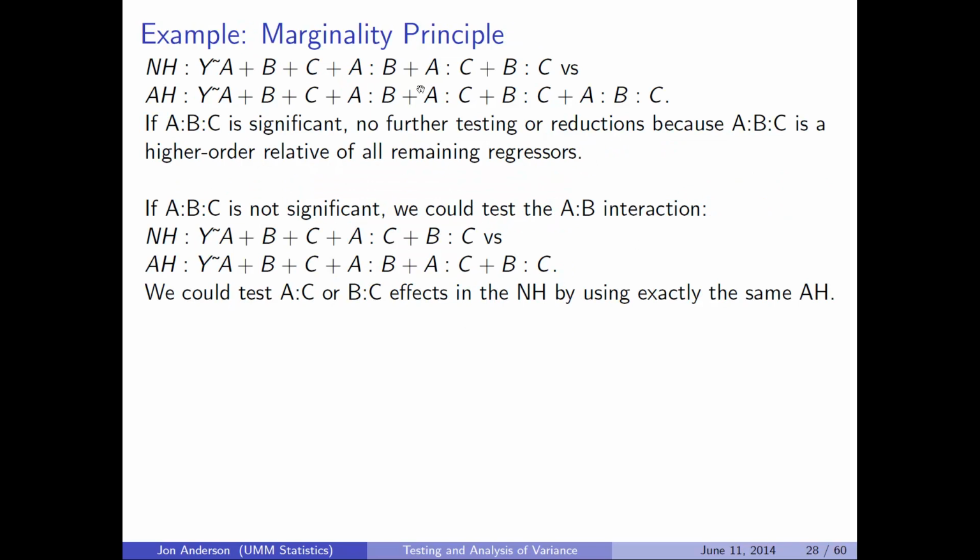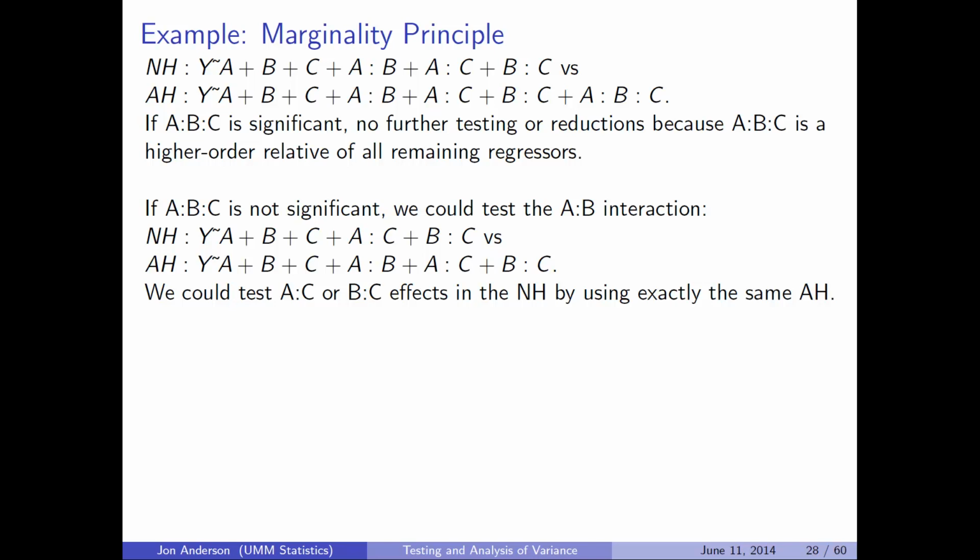Here's some examples. A null hypothesis model has all of the main effects, A, B, and C. It has all of the 2-way interactions. The alternative hypothesis model has all of those effects and the 3-way interaction. This would be a test for the 3-way interaction. If the 3-way interaction A, B, and C is significant, you wouldn't do any other testing because you need the highest order term, the 3-way, and so there wouldn't be any point in analyzing other